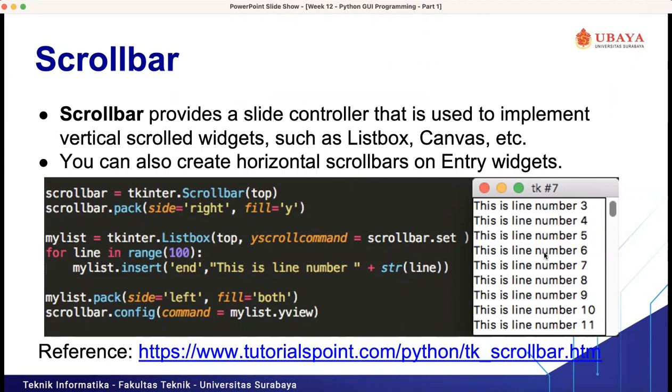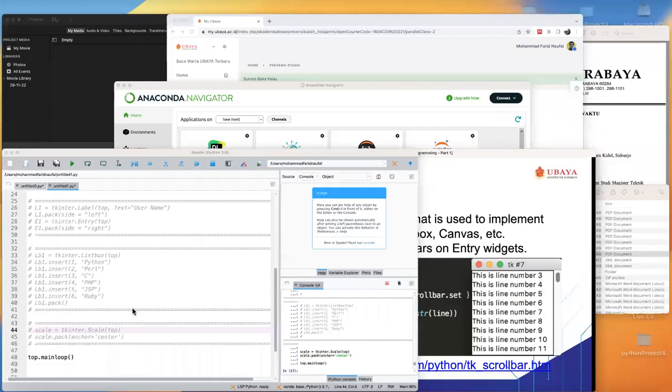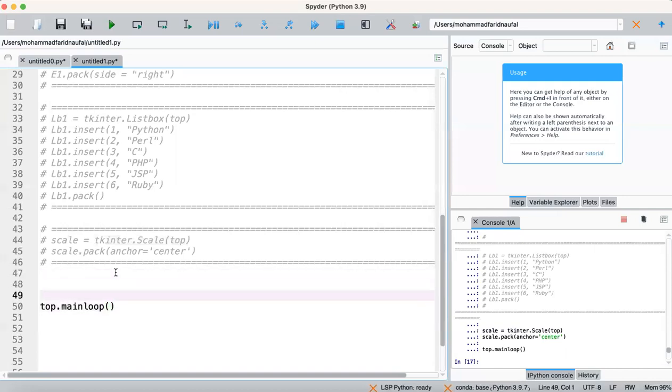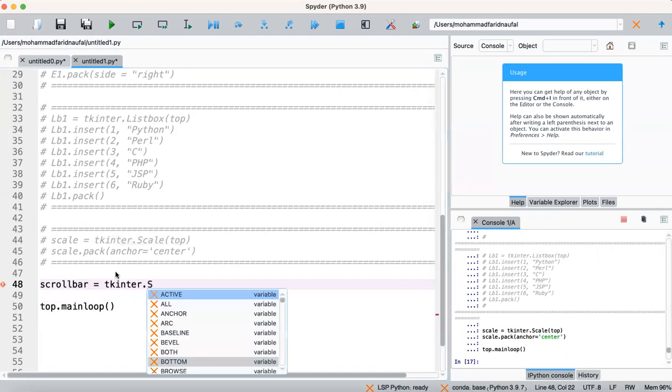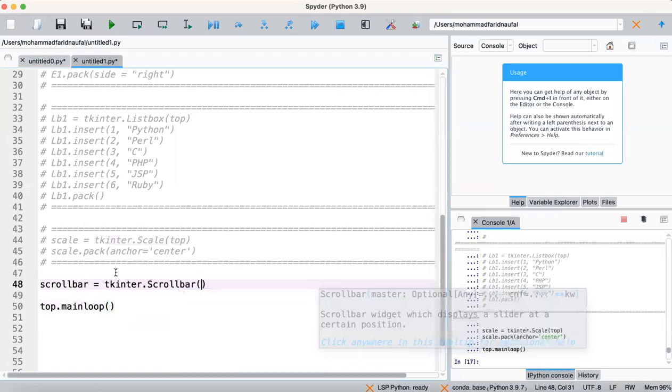So actually this one is the list, but we add the scroll bar beside our list, right? If we have a lot of lines in our list box, it is better if we add the scroll bar. So we will create a scroll bar widget first. We create a scroll bar variable equal tkinter dot Scrollbar, then we put it into the top main window.